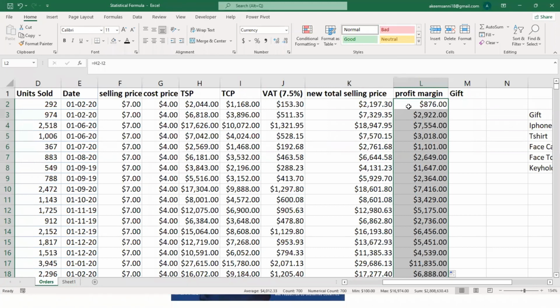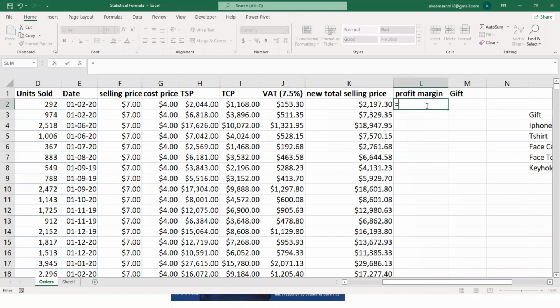Now I have this profit margin. So now let's give gifts. But before I give them gifts, I should come again for the profit.